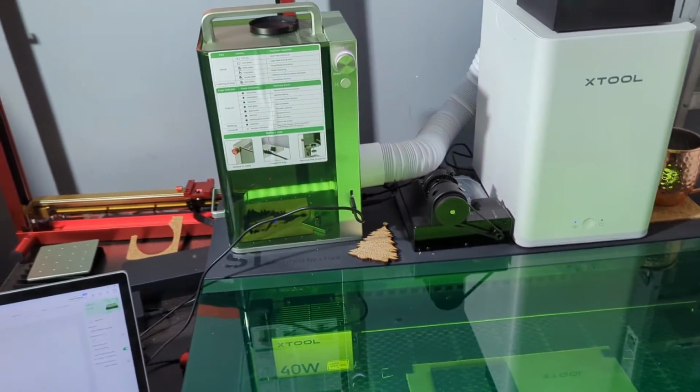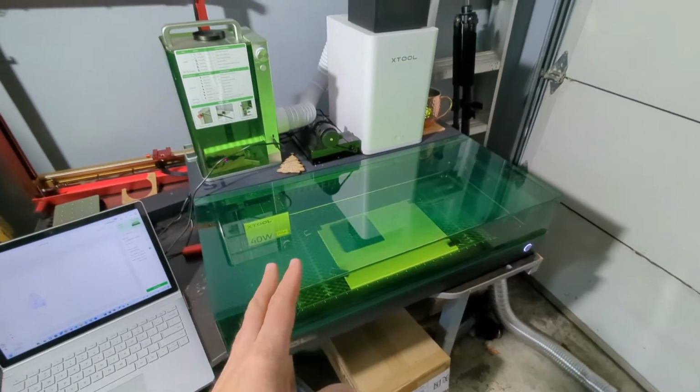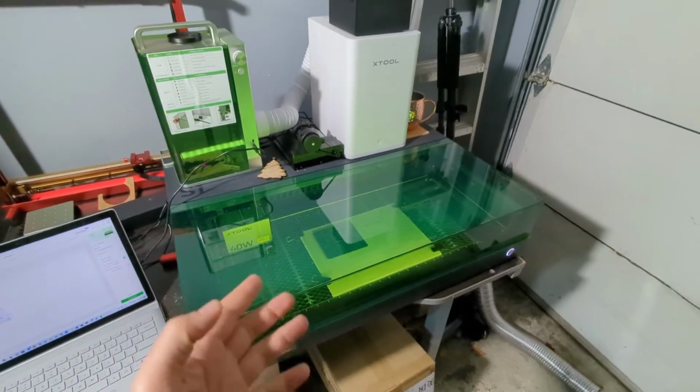Now my shop, let me give you a wide angle. This is all I have to work with. This tiny little IKEA desk that I welded up together. It's on hinges, folds up onto the wall. This is how big my space is to work with, a bunch of stuff underneath. So it's not very